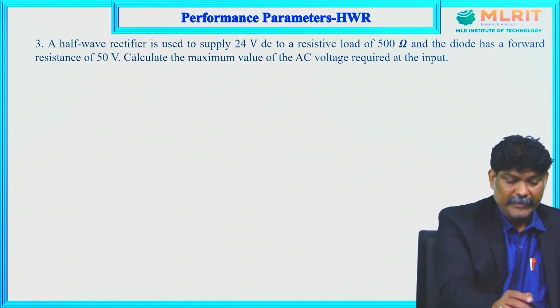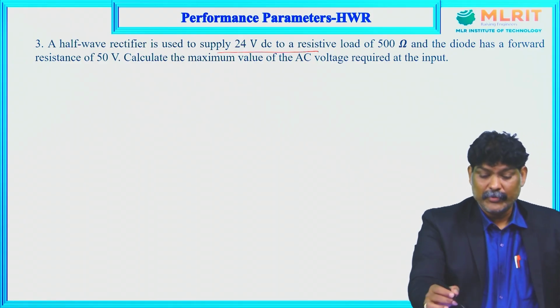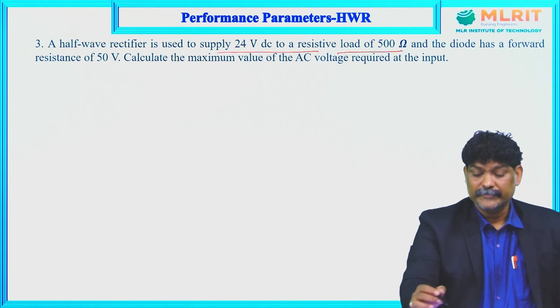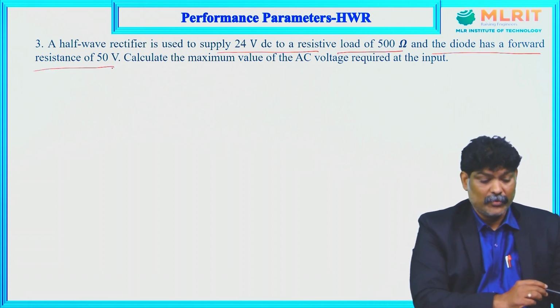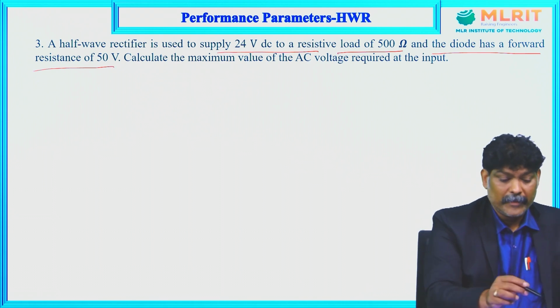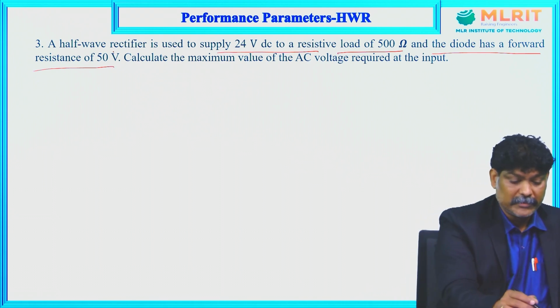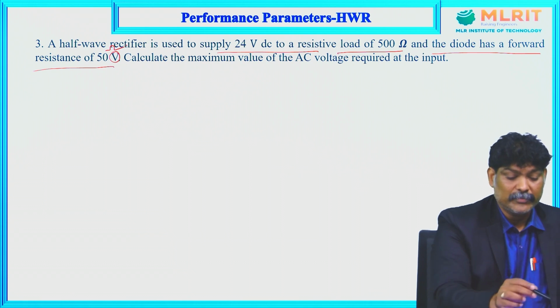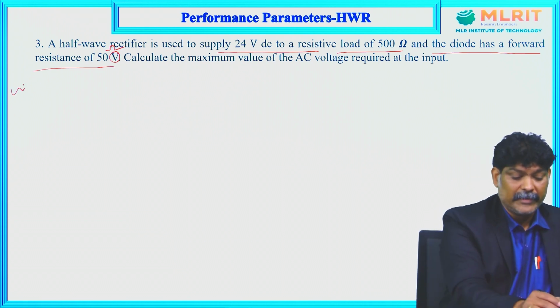A half-wave rectifier is used to supply 24 volts DC to a resistive load of 500 ohms and the diode has a forward resistance of 50 volts. Okay. So here forward resistance, this is a printing mistake, this is ohms. A half-wave rectifier is used to supply. So given data,